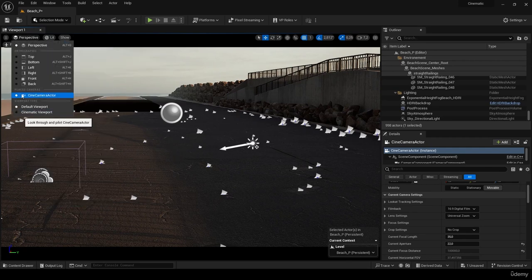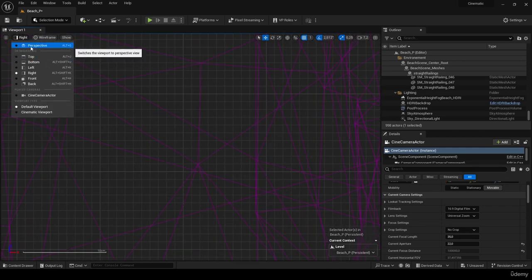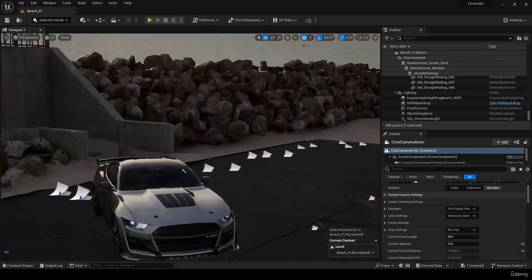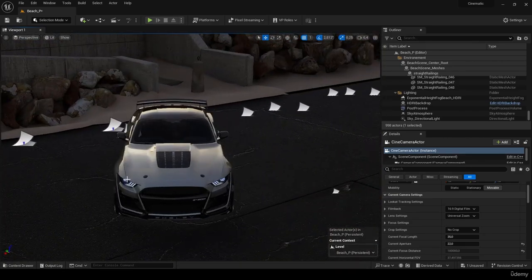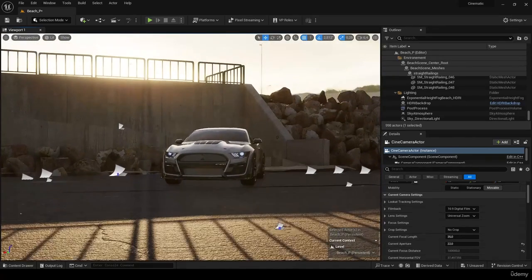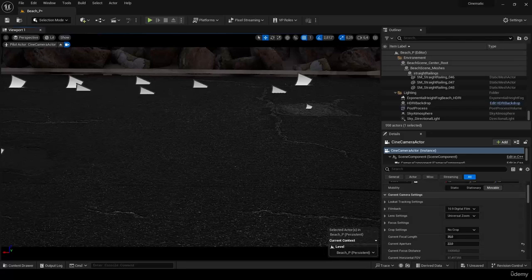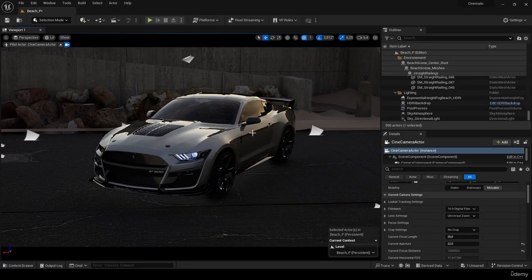Okay, so now we are seeing through the camera. So if you want to switch it, just click somewhere here after that perspective, and now you are not inside the camera. Okay, we can do it without the lines. It's okay. And yep. Okay, let's continue through the camera. So perspective again, cine camera actor. Let's rotate the camera straight to our car, and here we can